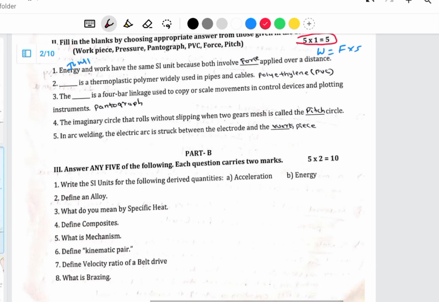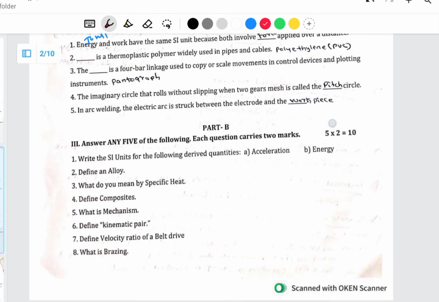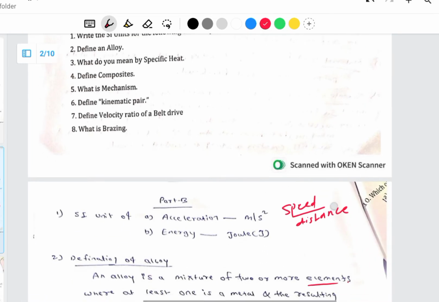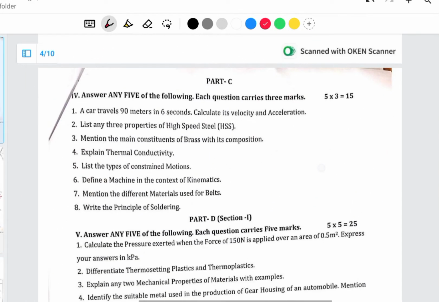So here, in Part B, each question is for 2 marks, total 10 marks. Answer any 5, you have to answer any 5 questions here. Each will be 2 marks, so here 10 marks. The next is Part C, where each question is for 3 marks